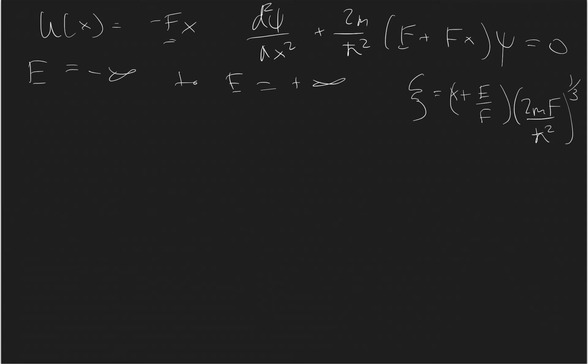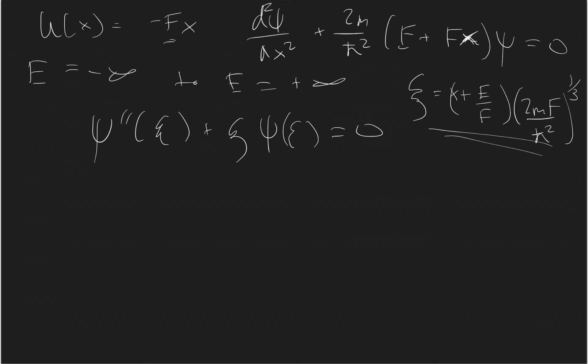The reason I'm going to make this coordinate is because we can transform the entirety of this Schrodinger equation once we substitute in this expression for z, as just psi double prime, or the second derivative of psi with respect to z, plus z times psi to be equal to 0, okay? So if you can substitute that in for yourself if you want to see it, but that's basically what happens to the form. And the solutions that are finite